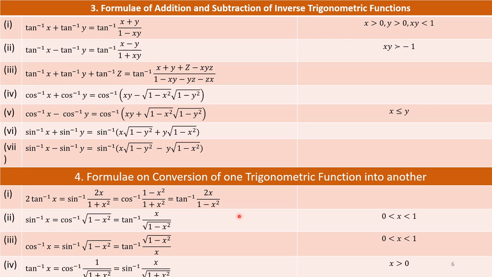Conversion of one trigonometric function into another is also important for solving problems associated with inverse trigonometric functions. These relationships are also given in table number 4. Here 2 tan inverse x is equal to sine inverse of 2x over 1 plus x square, that is equal to cos inverse of (1 minus x square) divided by (1 plus x square), that is equal to tan inverse of 2x over 1 minus x square. Please note here,